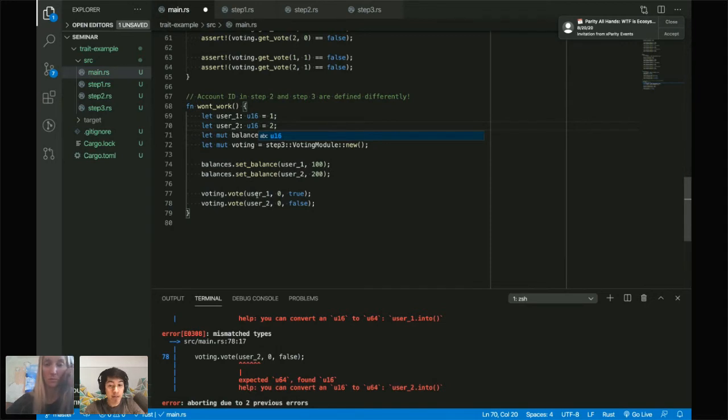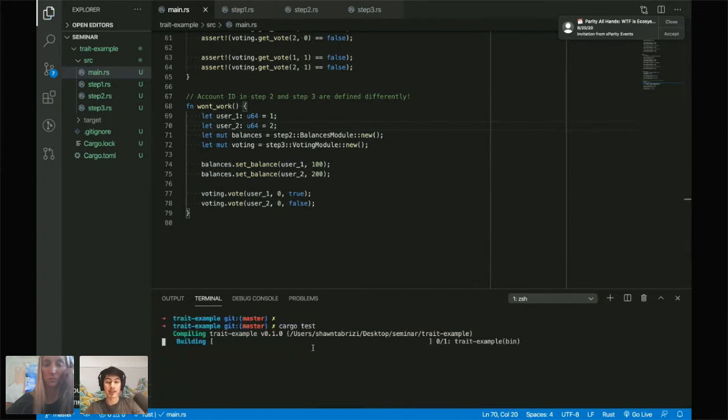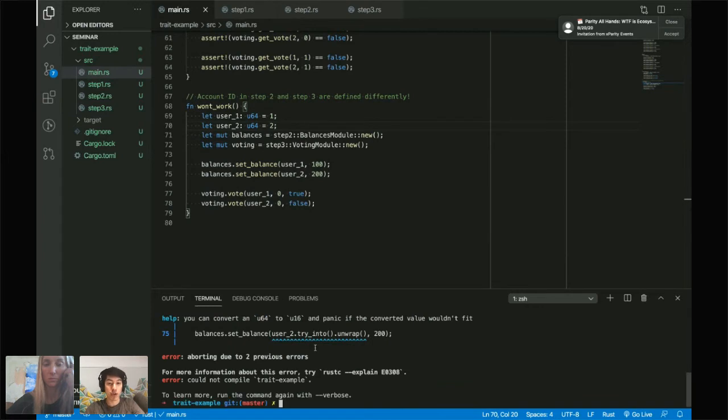Now, you can convert U16 to U64 using .into, right? But if, for example, this was a U64, and I'm trying to put it into U16, it's not super clean to be able to do that. Not every U64 will be able to convert to a U16, right? If I have some really huge number here, I would get a similar error message saying, hey, these types are not the same. And because I've hard-coded these types into the pallets, I can't really touch that code. It's someone else's code, right? So you see here it's telling me that because it's a U64, I can do try_into().unwrap(). This is nasty, right? So you can see naturally that there's a problem here.